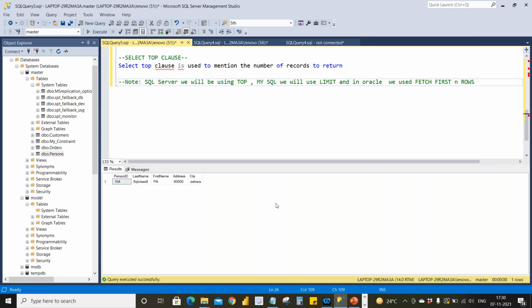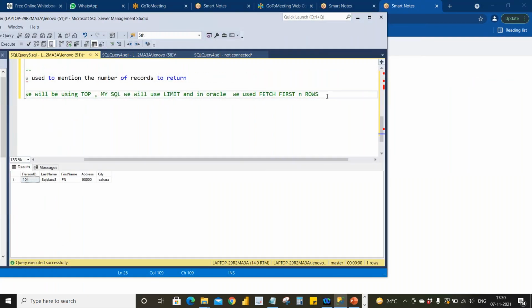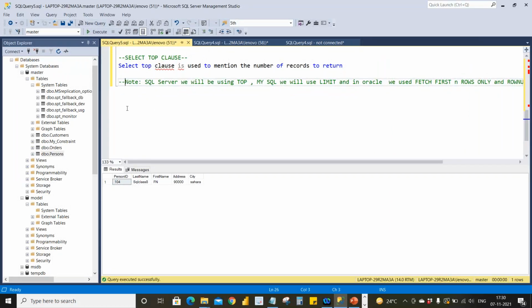N means the number of rows, like 10,000, 1,000, 10, 99, 50. Whatever you want, you can mention it. We also mention row number. So each application uses different keywords for this top clause, and in SQL Server we use select top.